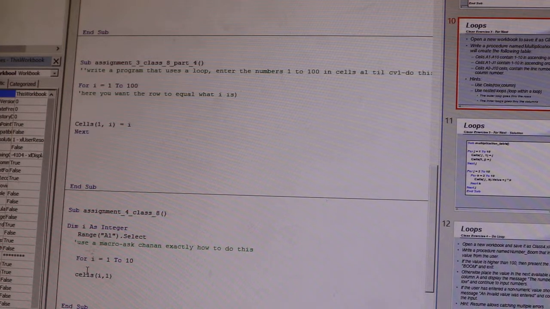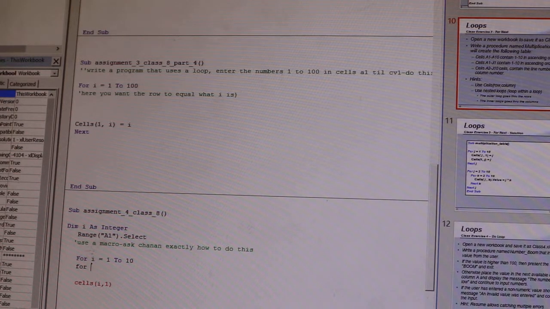Okay? Now, if it's easier for you, you don't have to, but if it's easier for you just to follow, you can put over here next J and next I. And that way you can see which closes which. Okay, but you don't have to. Now, what happens over here? When I run a program like this, and say I write over here, message box, and